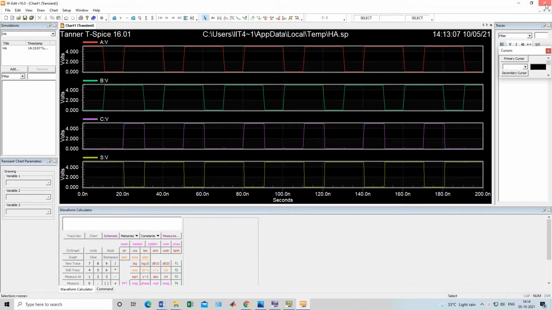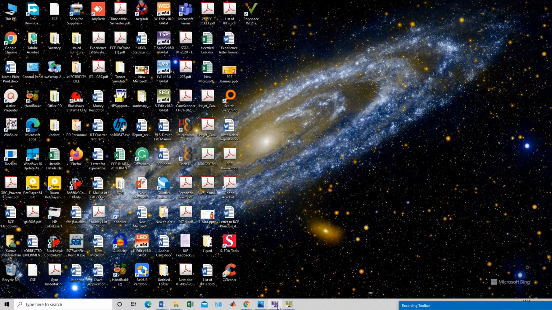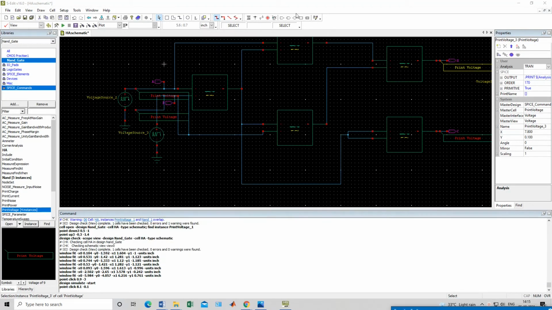Okay, and this is how we use one constructed circuit of NAND in a different circuit, the half adder. So this is your experiment number 4. You have to save this, take a screenshot of these waveforms, and attach it to your lab report. Okay, and there is one homework for you people, that you have to connect this circuit.